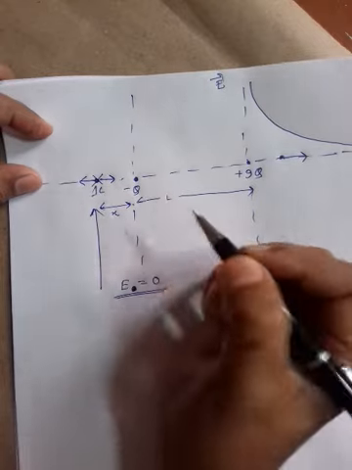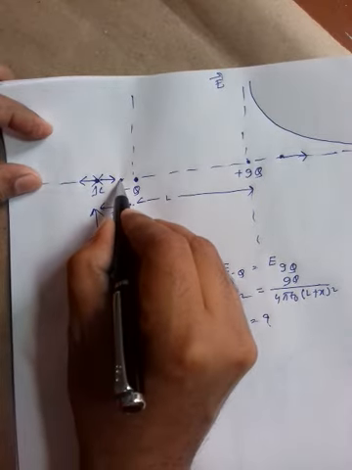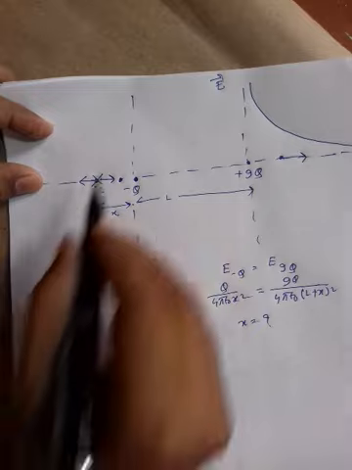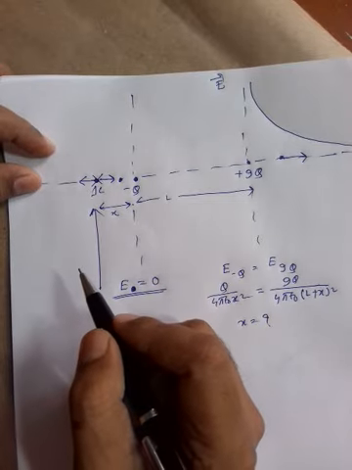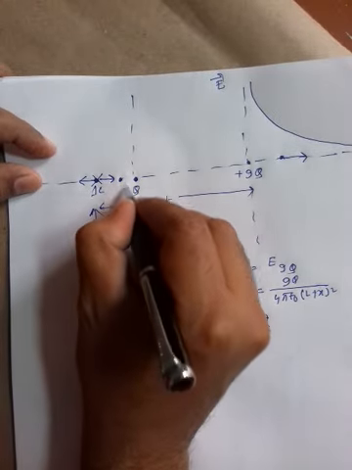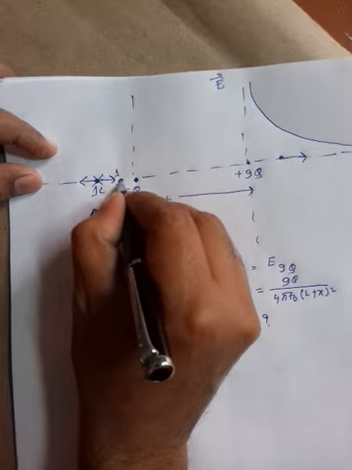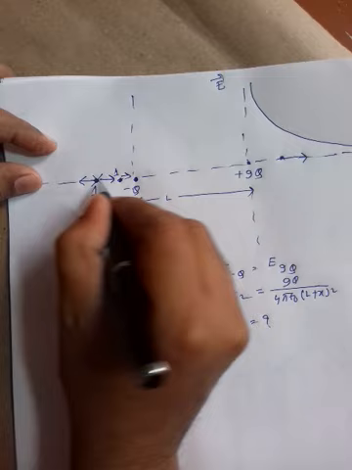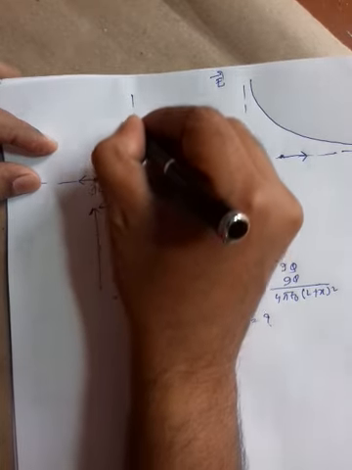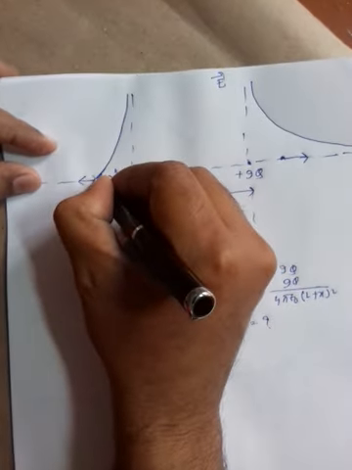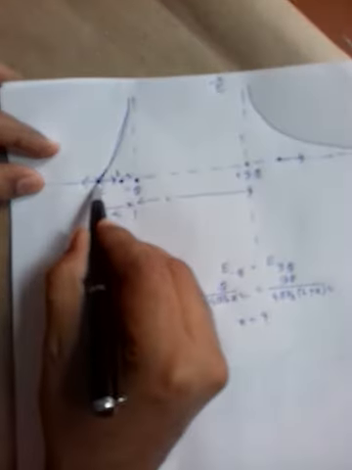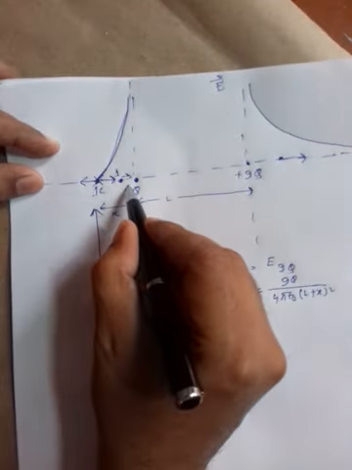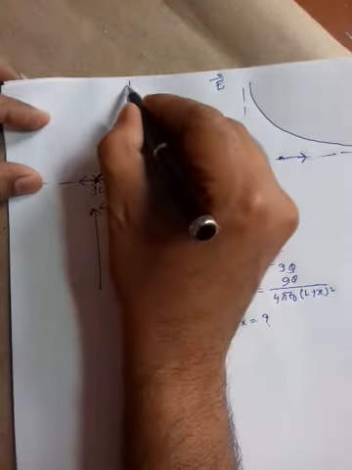So here, if you consider a point very close to that minus q, very close meaning nearly infinite result. So that minus q, any 1 coulomb charge if placed very close, it will be attracted like this towards the right. So that direction is mathematically positive. So our graph goes like this. From here it is zero, and very close to this charge minus q, it will be nearly infinite.